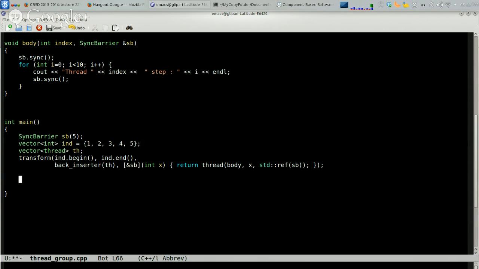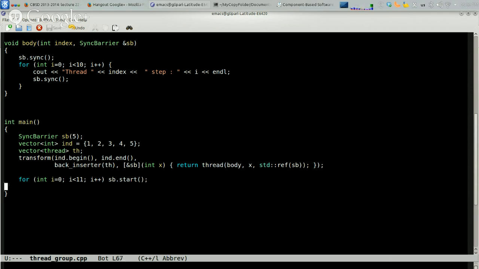Okay, so I created the 5 threads, and then after I create the 5 threads, I have to start 10 times, actually 11 times, right? And then wait for the termination. So the start will wait and then start, wait and then start. And so actually I should be able to